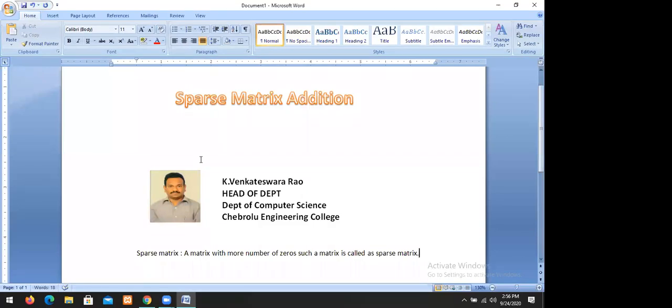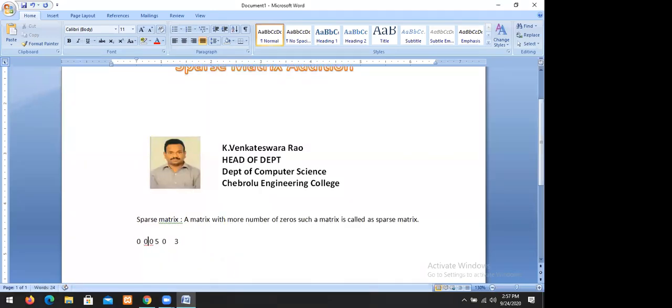A matrix with more number of zeros, such a matrix is called a sparse matrix. For example, suppose you take a matrix,